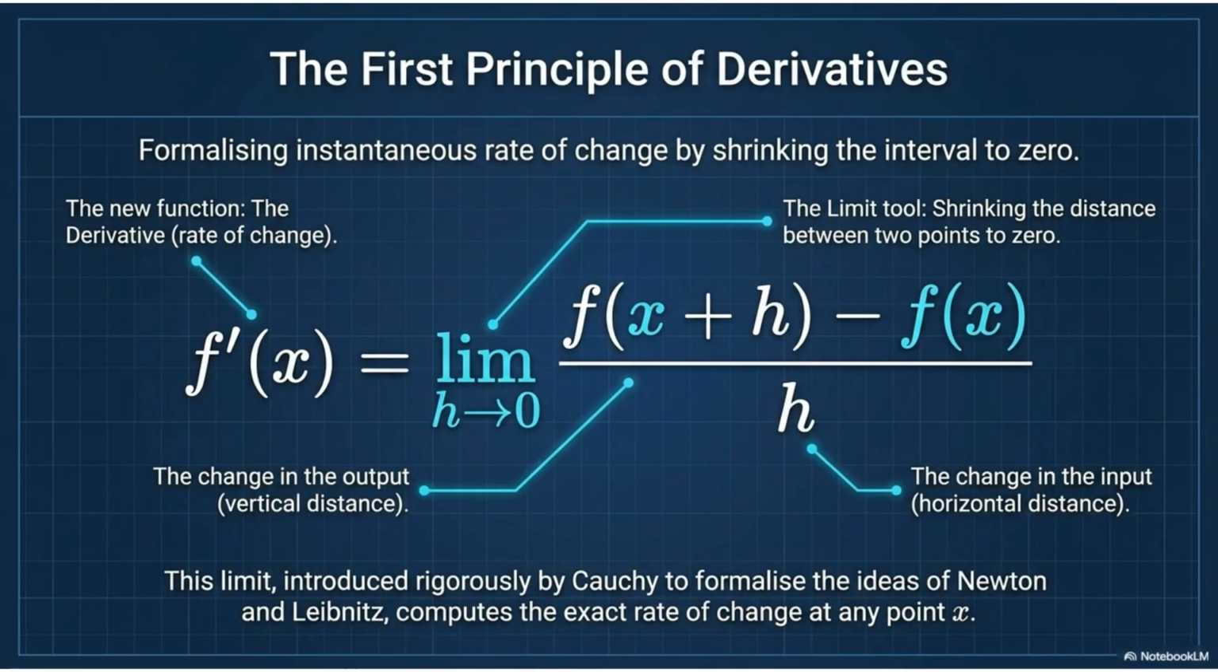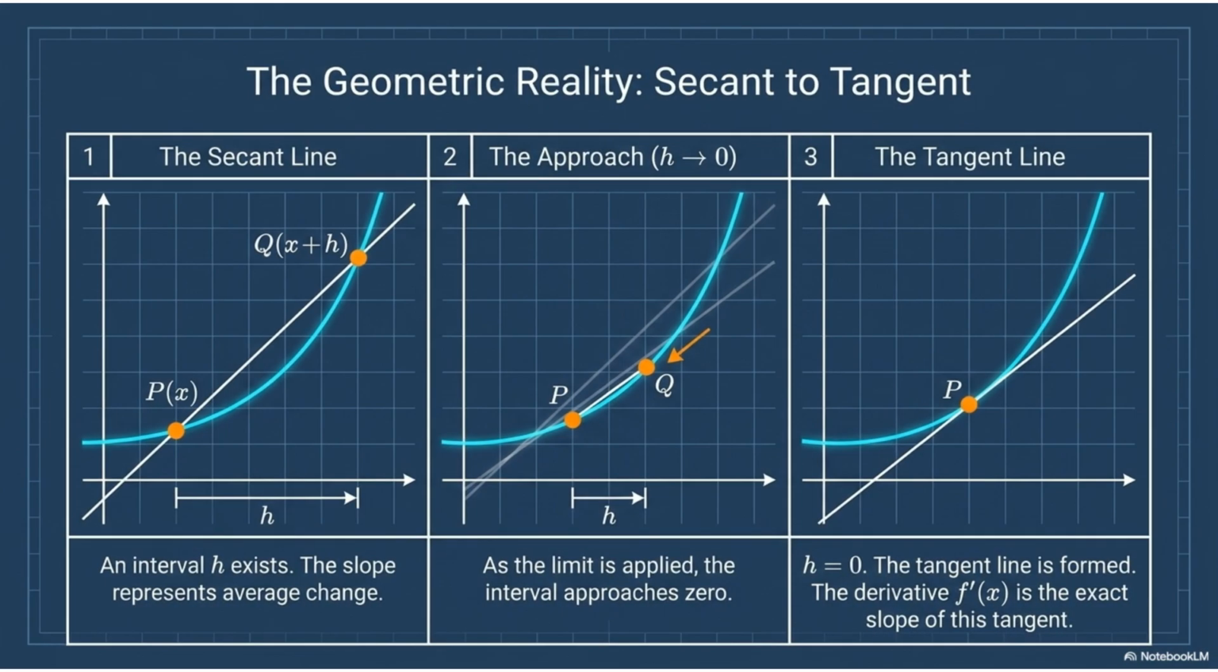The derivative, represented as f prime of x, formalizes the instantaneous rate of change. It uses the limit of the difference quotient, effectively shrinking the horizontal interval to zero, to find the exact slope at a point. Geometrically, this represents the transition from a secant line connecting two points to a tangent line touching only one. As the gap between points shrinks to zero, the slope of the secant becomes the exact slope of